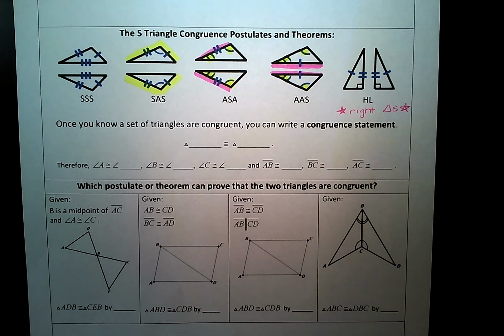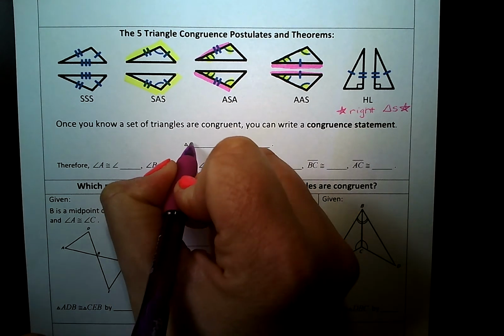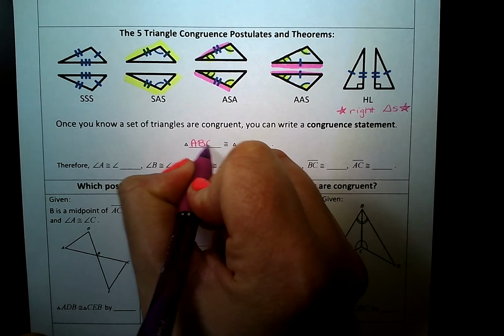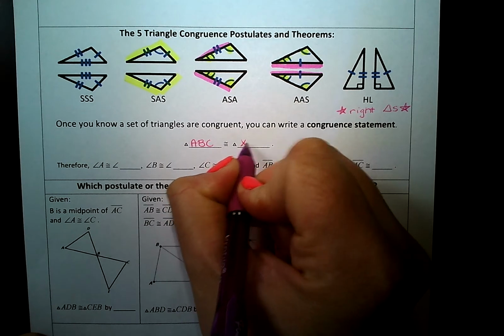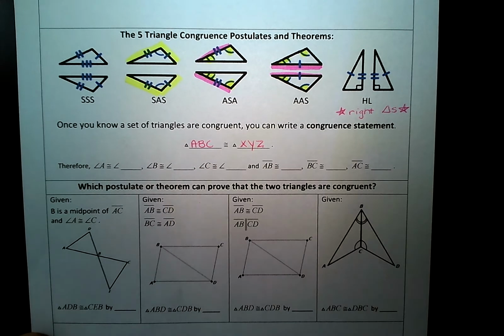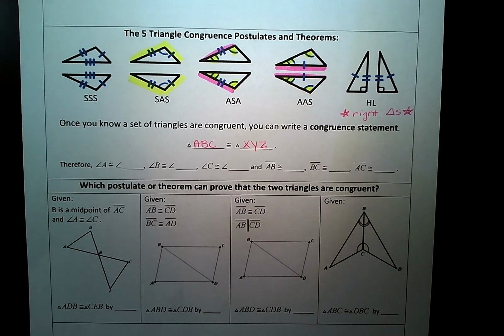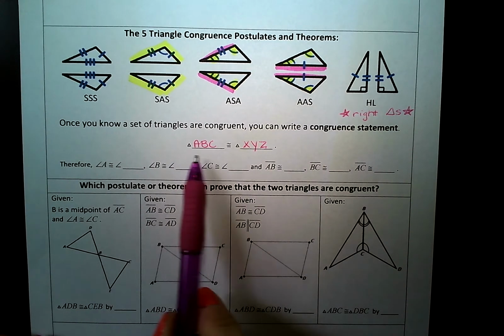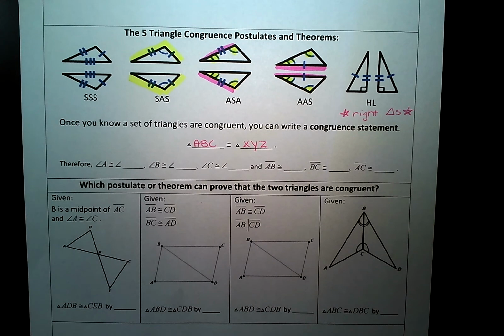So once you know that a set of triangles are congruent, you can write out a congruent statement. So I'm going to give you an example. Let's say that triangle ABC is congruent to triangle XYZ. Okay. If we know that triangle ABC is congruent to triangle XYZ, this is called a congruent statement, then we can start pulling it apart and matching up each of the parts. So